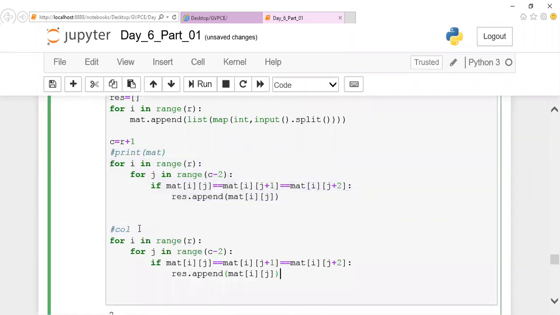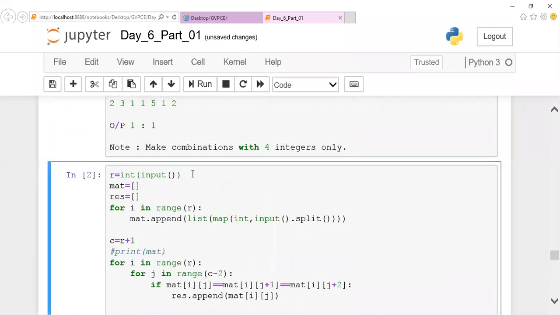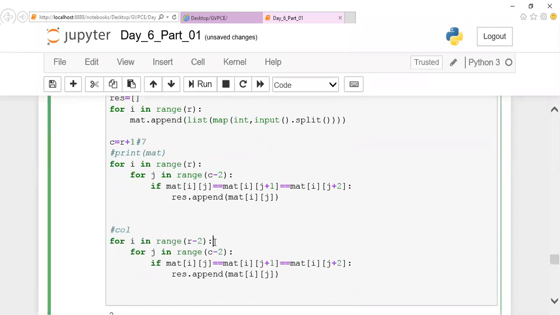Here, I'm not going to make my row execute till n. I'll execute till row minus 2. What is your row value? We have seen our row value is 6 and your column value is taken as 7, which is 1 plus row. So I'll be going till 6 minus 2, that is 0 to 4.